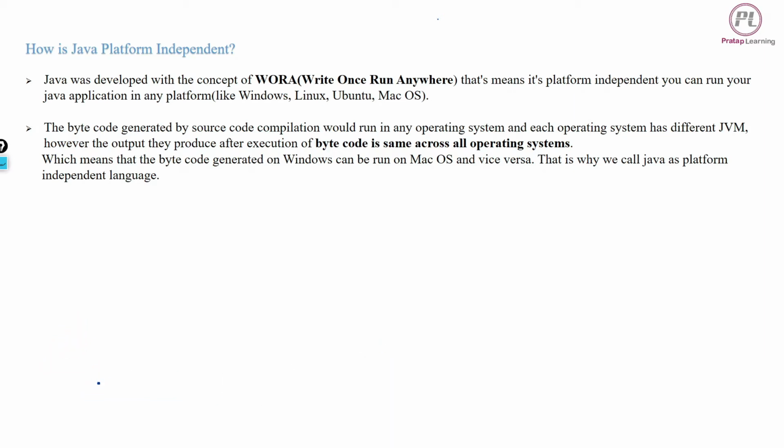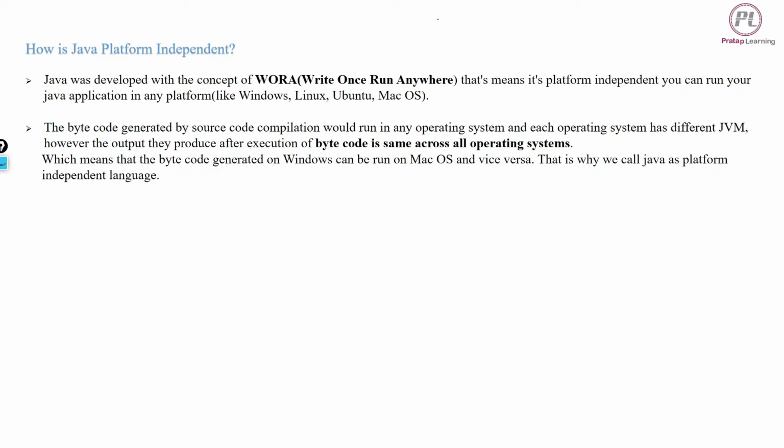Basically, Java was developed with the concept of write once, run anywhere. So first we need to know Java is platform dependent or not. So answer is no. Java is not platform dependent. That means it's platform independent.